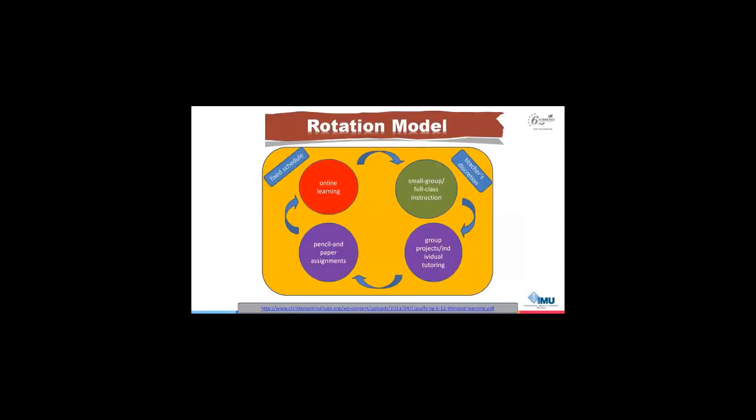Okay, so I think this video actually summarizes whatever we were discussing just now. Here I'm showing you a rotational model, one of the blended learning approaches, where you bring in your class and break them into different groups. And based on students' profile or level of their skills or competencies, you could send them to different groups. Like, for example,